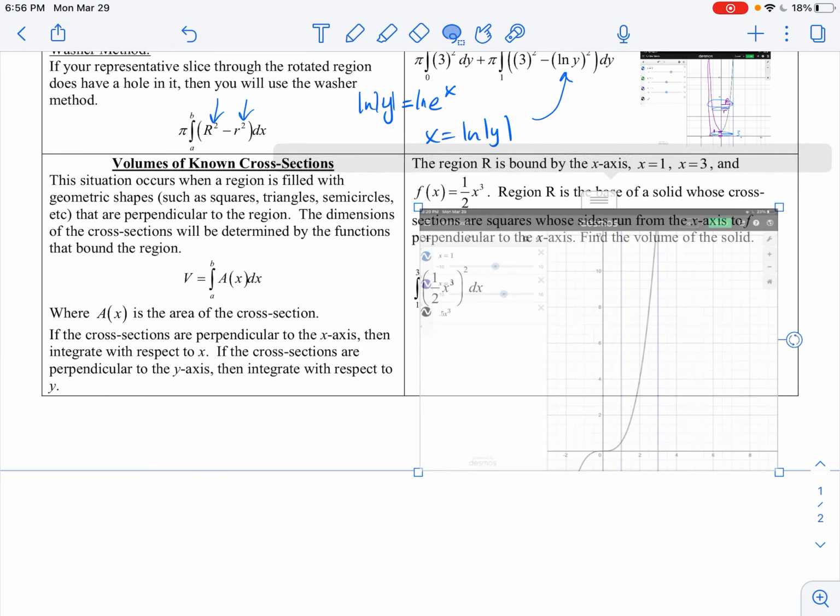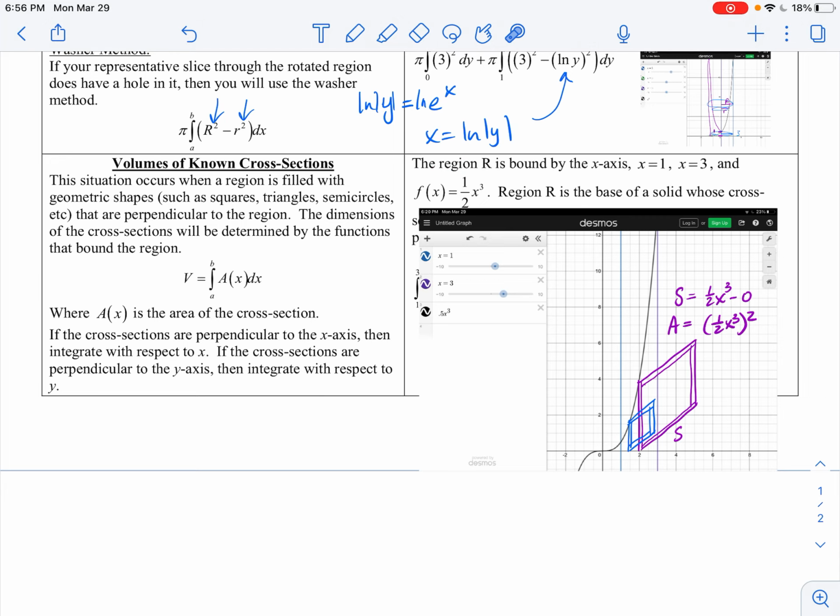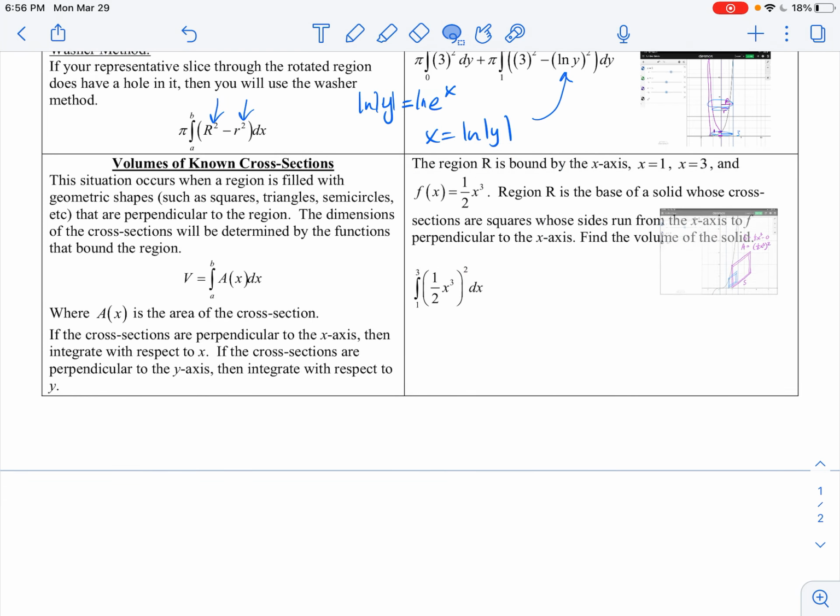See if I can get it to expand. All right, so here's their cubic function right here and our boundaries, and we can see I tried to draw in some three-dimensional squares. So each side is created by the cubic function minus the x-axis, so it's just minus 0. So the area of this square is just going to be side squared. And so then the volume, let's see if I can get this to small again. Okay, so then our volume is going to be from the lower to the upper limit, from 1 to 3, of the side squared dx, and that'll give us